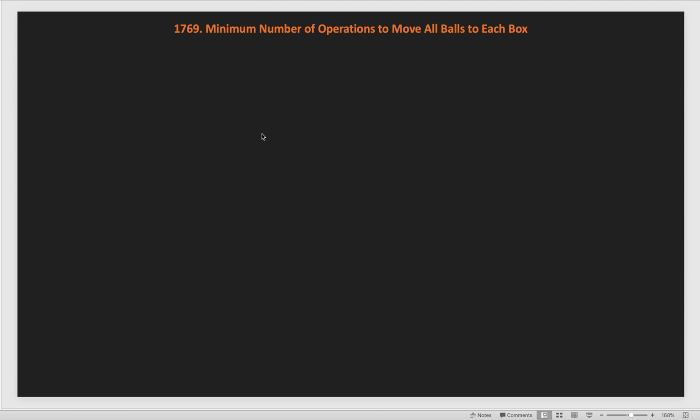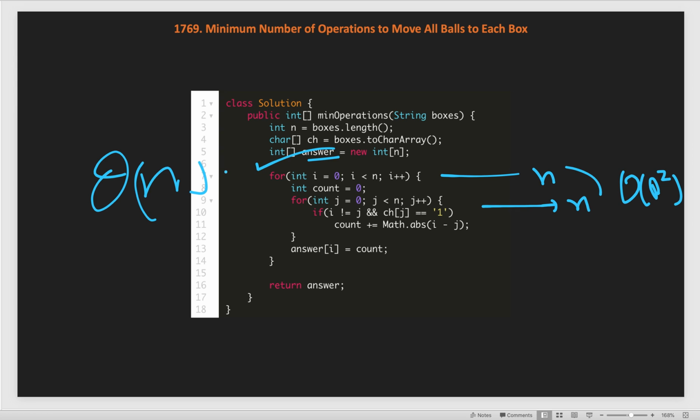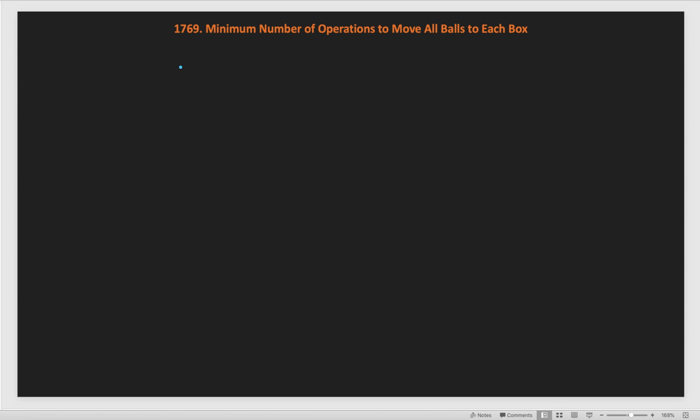So, first of all, what will we do here? Let us take the example. Initially I am taking a small example first, then if time permits, we will take a bigger example as well. Let us take example 1 where our string is 110. First we will create this as a character array so that we can easily do the operations. So, this will become characters 1, 1 and 0.